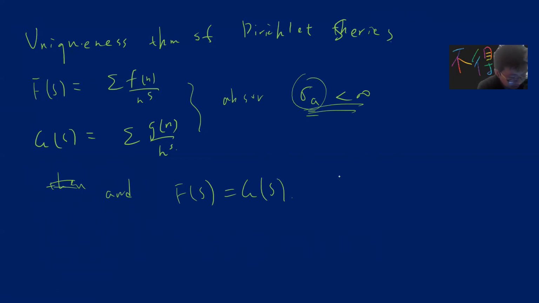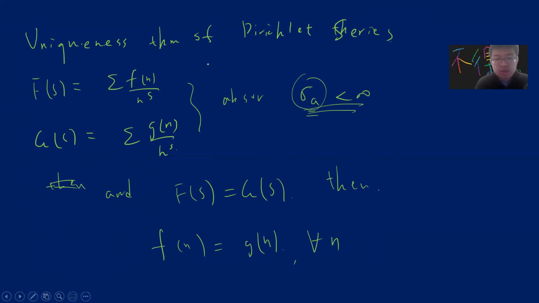then f(n) will be g(n) for all n. So this tells you that if you have two Dirichlet series, let's say you find some abscissa called sigma_f for one, and another called sigma_g,